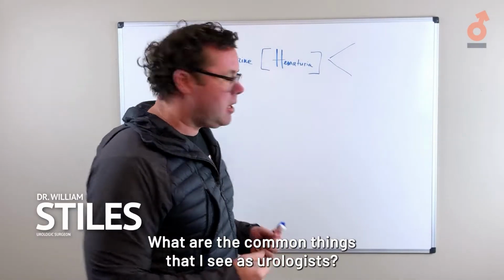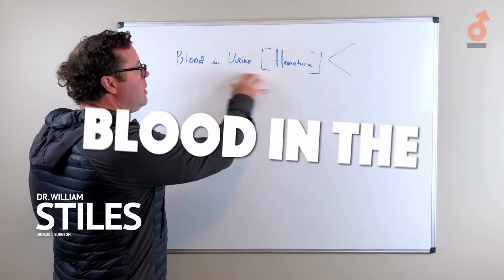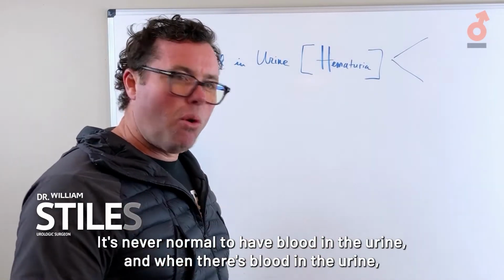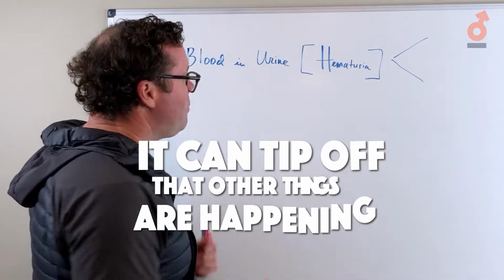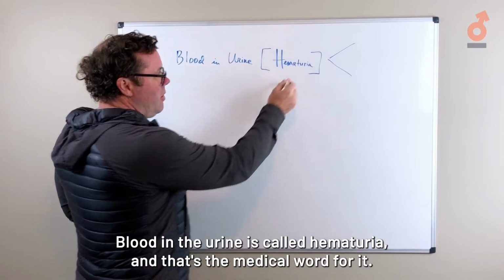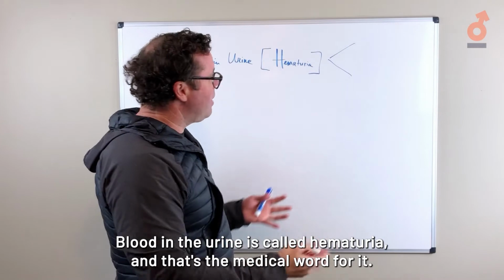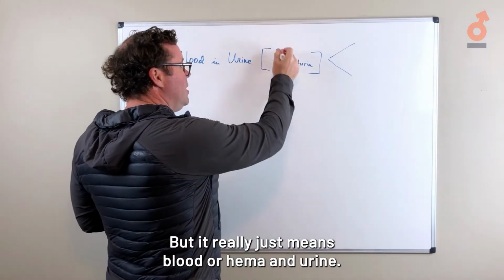One of the common things that I see as urologists often is blood in the urine. It's never normal to have blood in the urine, and when there's blood in the urine, it can tip you off that other things are happening. Blood in the urine is called hematuria, and that's the medical word for it, but it really just means blood